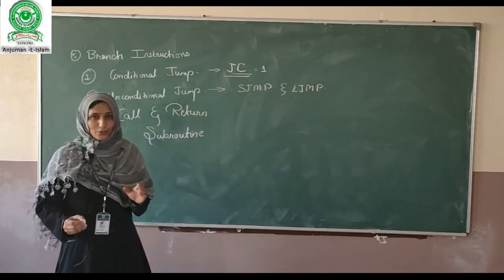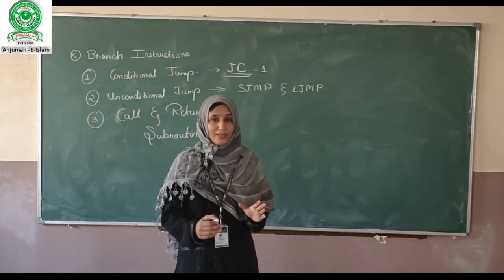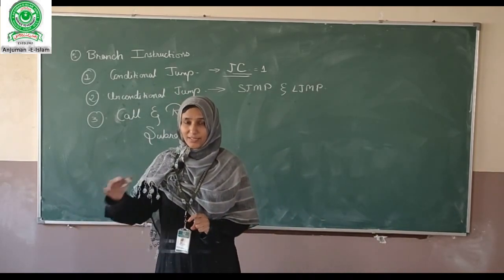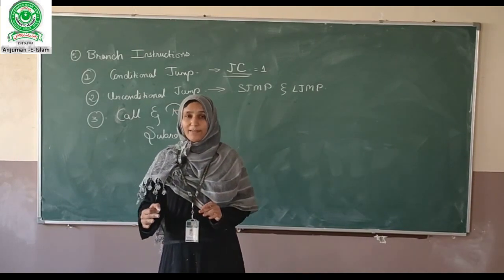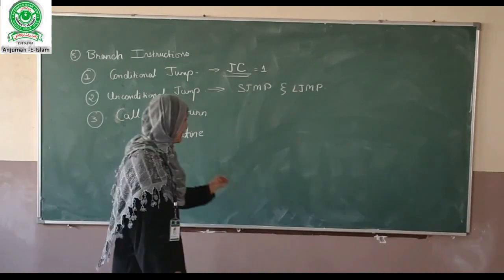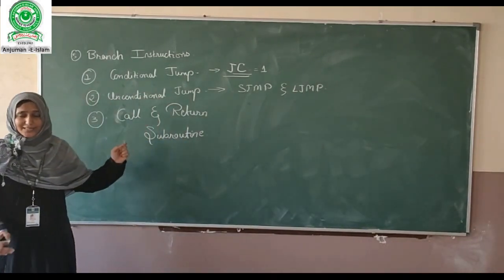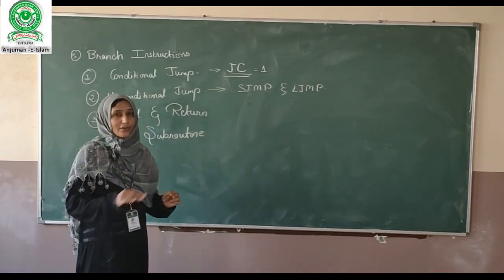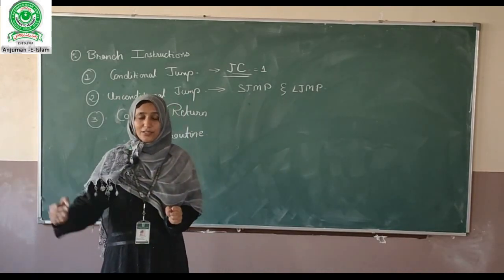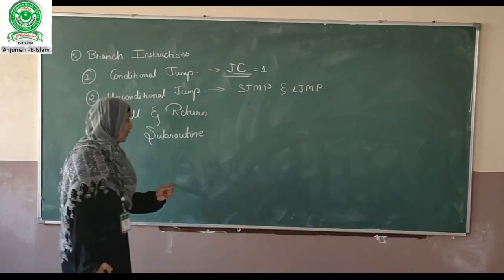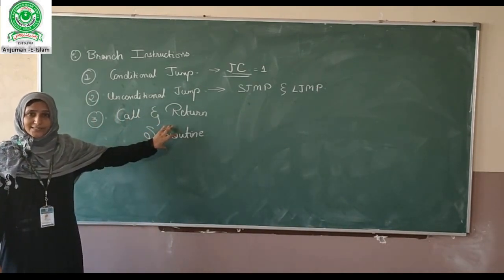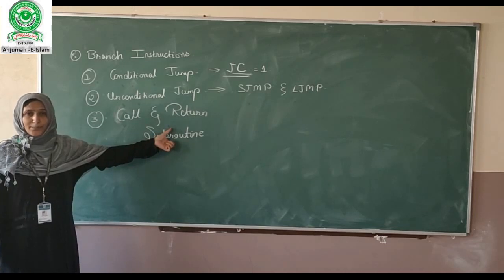When you are writing a program, if your program is too big, if your program is performing more than 4 or 5 actions, then you need to divide your program into smaller parts. These smaller parts are called subroutines. This is done only for the simplicity of the programming. It makes the program simple and easier for others to understand. So a subprogram which is meant to perform one particular task is called a subroutine.